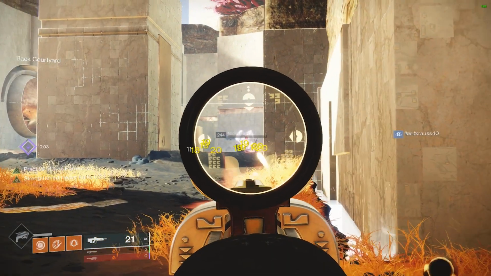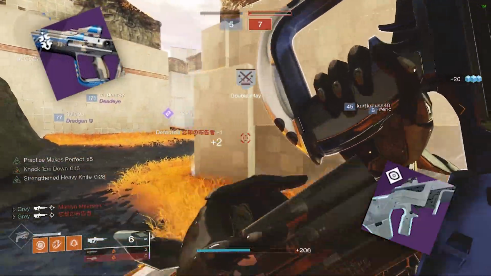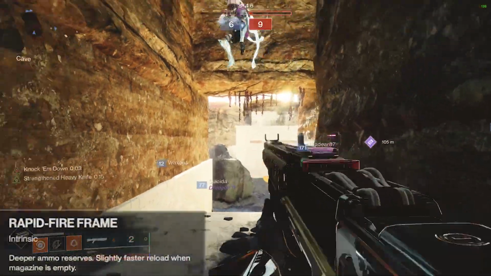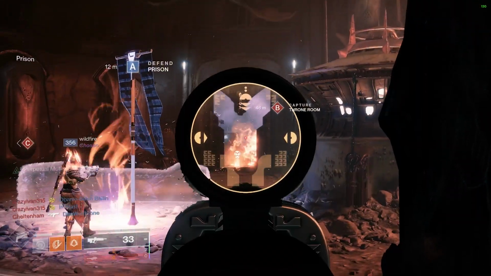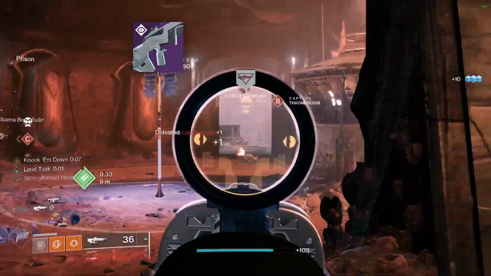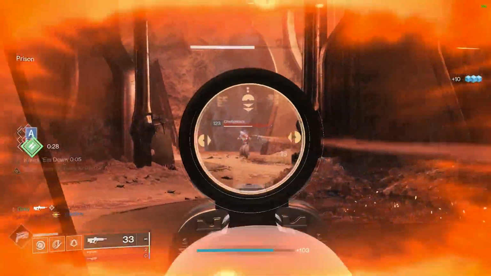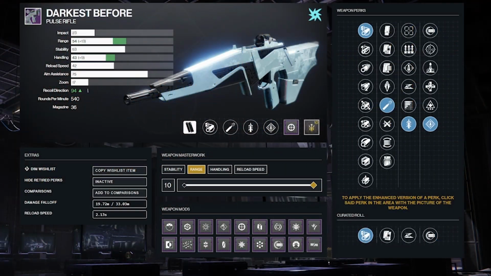In today's video we're going to be taking a look at two of my favorite pulse rifles in the game right now. Both of these pulse rifles are rapid fire pulses and they're both available in the game right now. The big difference between the two of these is that one of them is a kinetic and one of them is an energy weapon. I'm talking about the Peace of Mind kinetic pulse rifle and the Darkest Before energy pulse